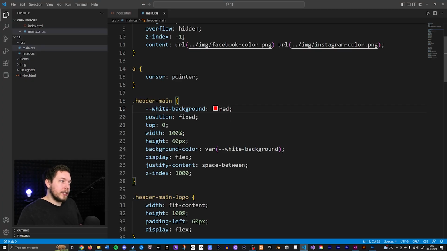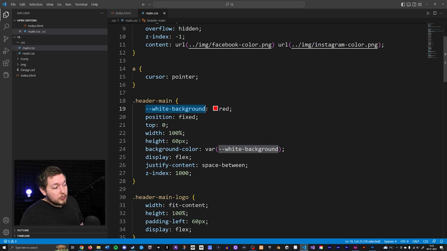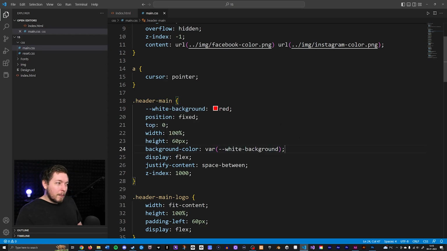So in a very simple way, you can create a variable by saying -- and then give it any kind of name that you want, followed by a value. And then that value is going to get inserted any place where you use var, parentheses, and then insert that name inside the parentheses. But we need to talk about something called scope, because right now, if I were to take this and actually use it any other place,